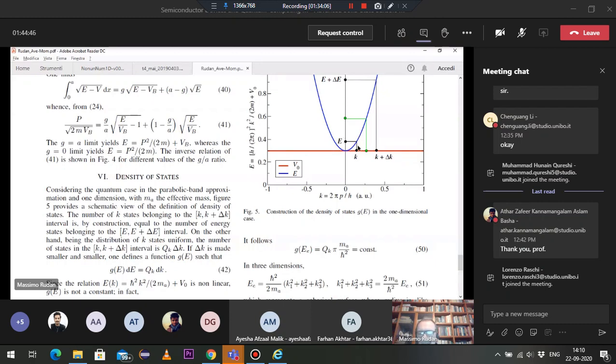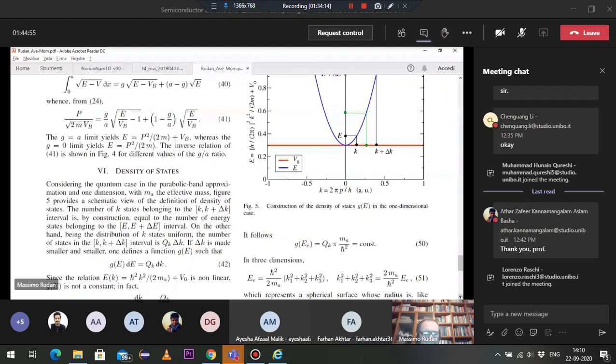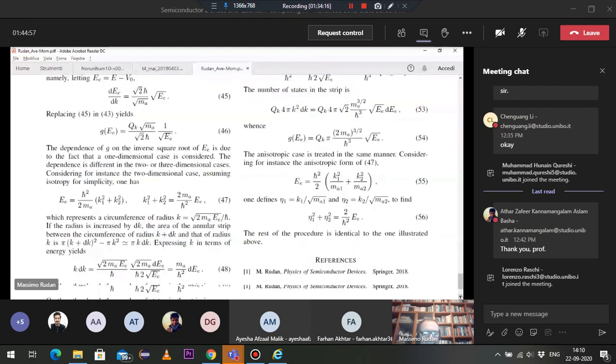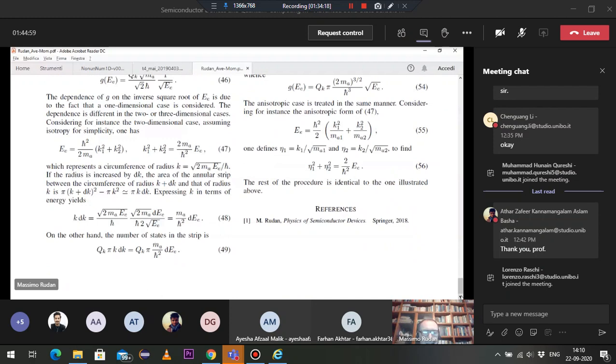So we have a segment on the k-axis. When we consider the two-dimensional case, and if you look at the second of equations 47, this is a circle. We have k1 squared plus k2 squared equal to a constant. So this is a circle